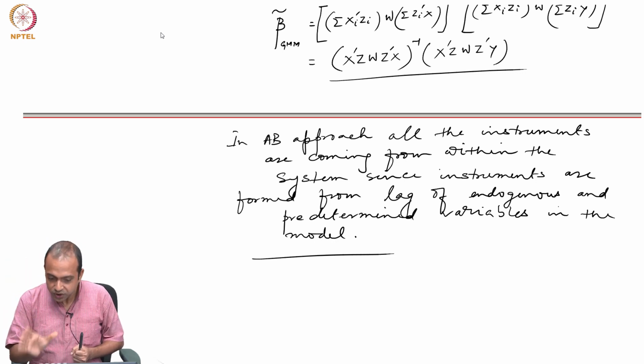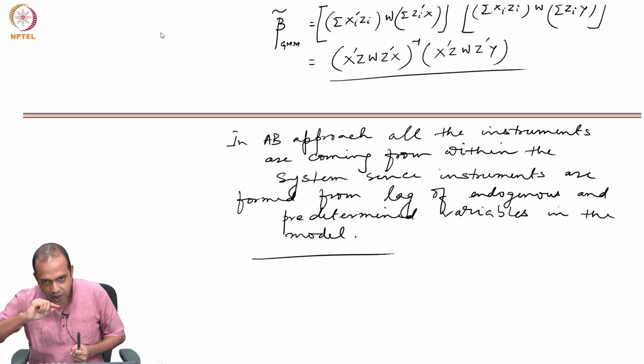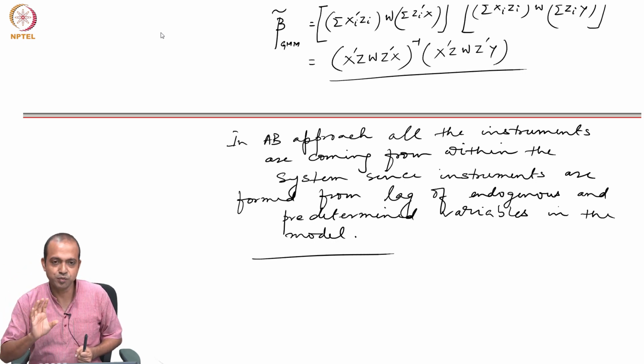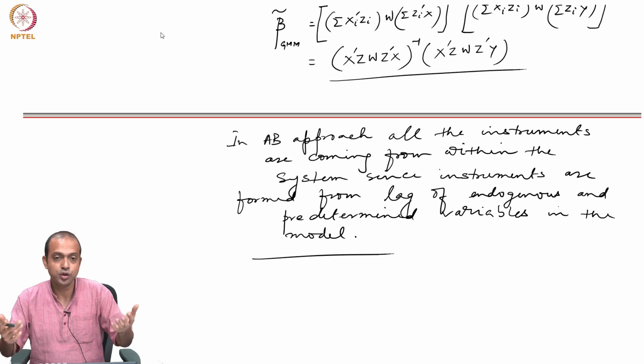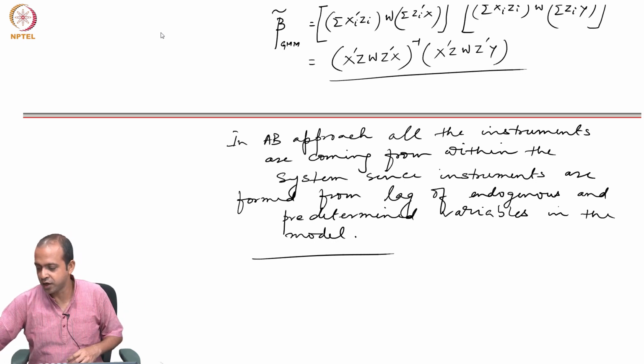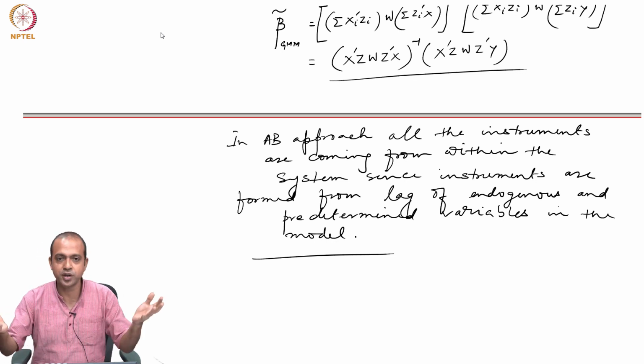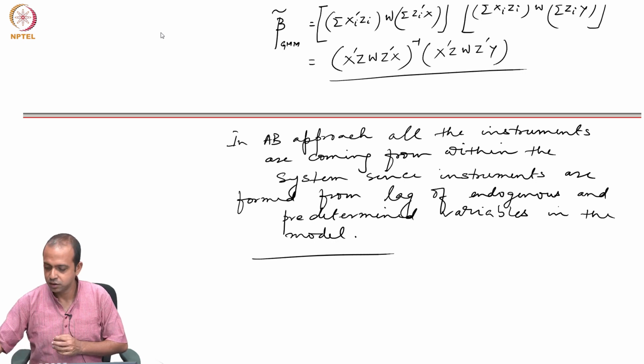Okay, so with this we are closing our discussion today, and next day we will try to estimate an empirical model which is dynamic panel in nature, to understand what is the bias when you apply OLS, what is the bias when you apply fixed effect transformation, and how the dynamic panel data approach can actually overcome that bias.